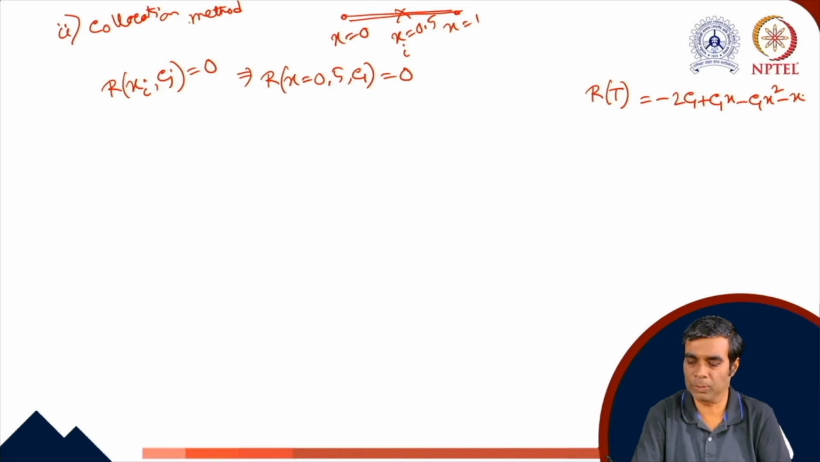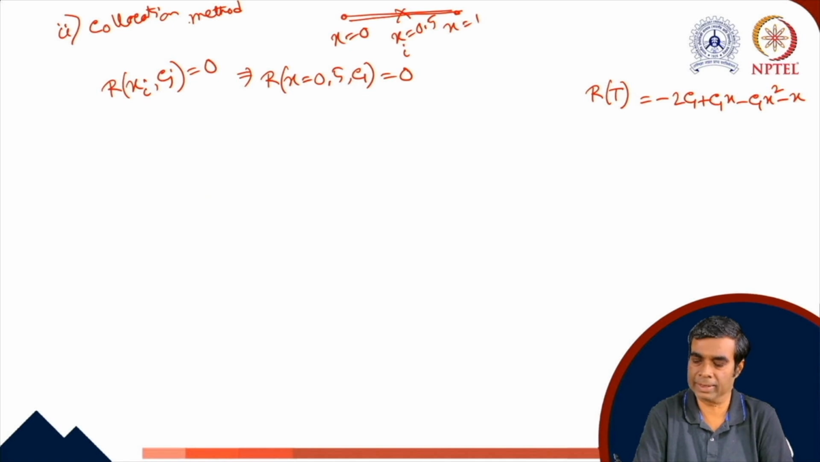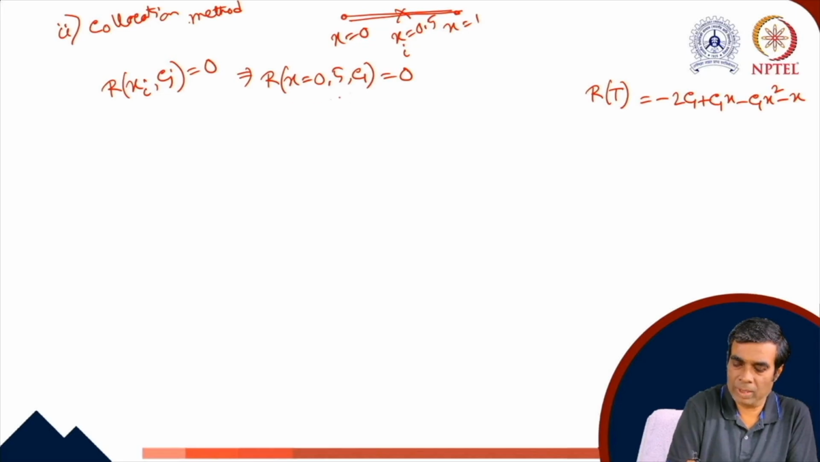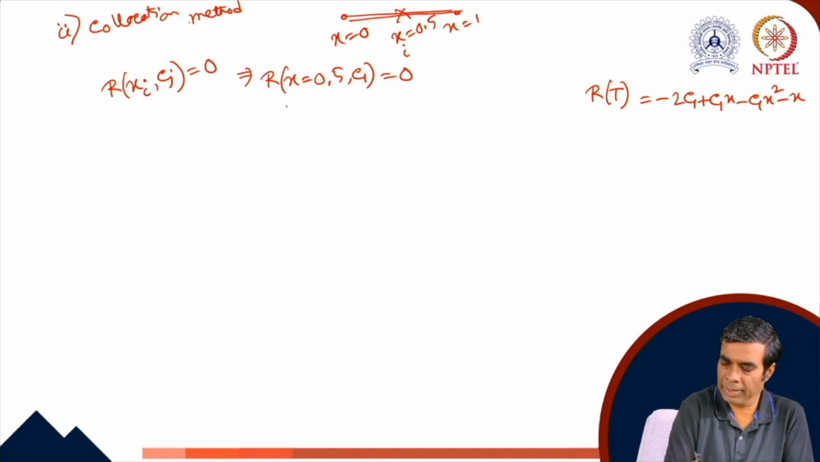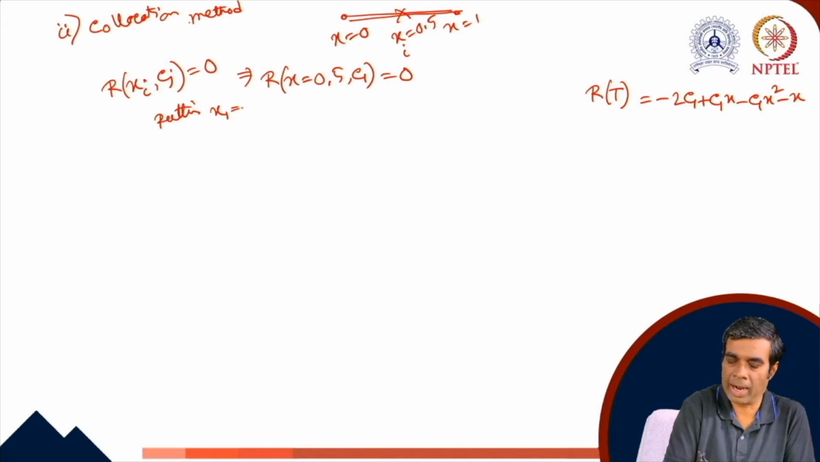I just cross-check it once more: minus 2c1 plus c1x minus c1x square minus x. So here, in this residual, we substitute the x coordinate and then we find it. Putting x1, the collocation point i equals 1, x1 equals 0.5 in R of x1, c1 equals 0, we get from here